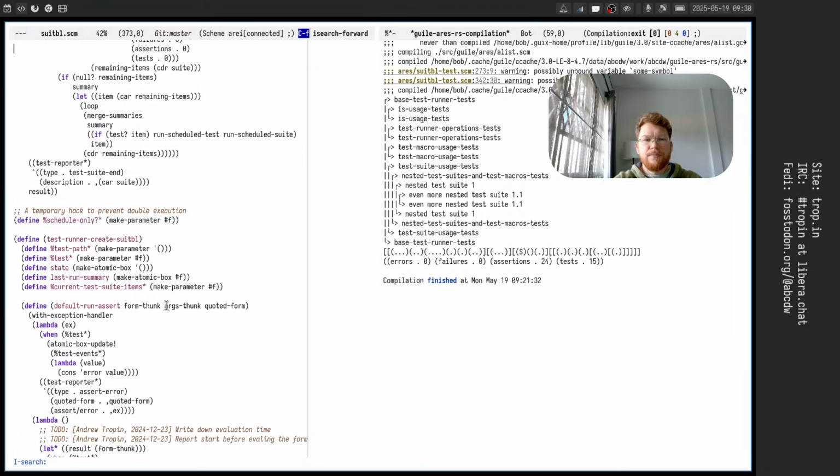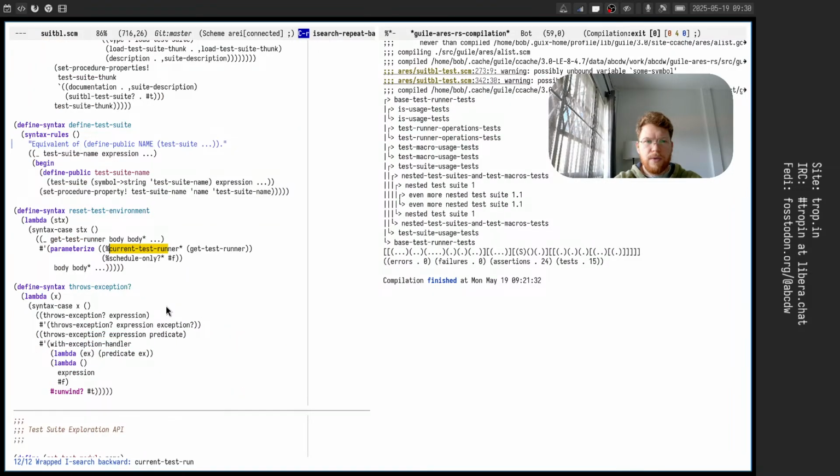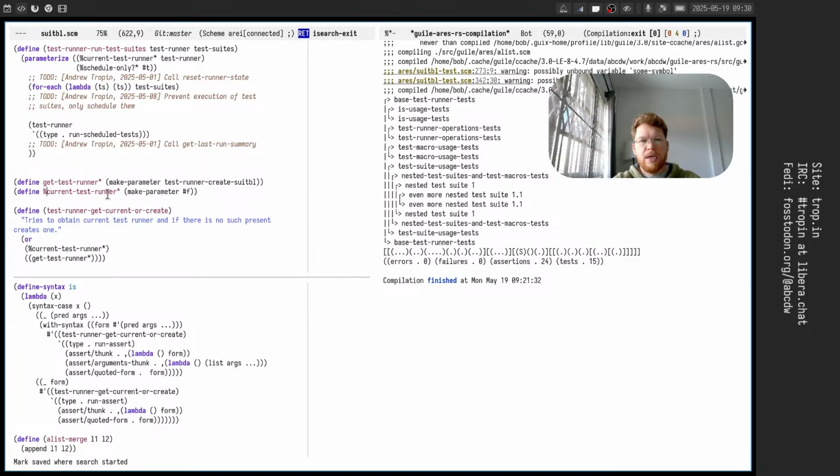The problem right now is that current test runner is defined. Show me. Current test runner is false by default, but we have get test runner, which is a thunk, a function with zero arguments, which creates test runner, and we have a helper test runner get current to create, which checks if the current test runner is set, and if it's not, it creates a new one,